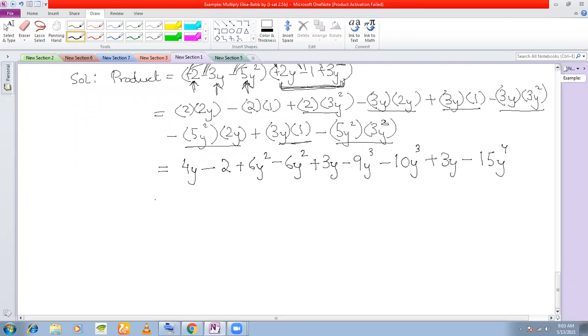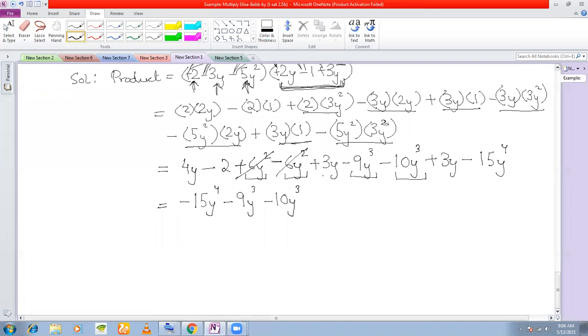Okay. So now what we do, we write the highest power of y first. Which is the highest power of y? It is 4. So minus 15y to the power of 4 we write first. Next, is there a power 3? Yes, there is a power 3. You have a power 3 here, but you also have a power 3 here, and these two are like terms. We will write them together. So minus 9y cube minus 10y cube. Next power is 2. So I have a power 2 here, I have a power 2 here, but I have a plus 6y square and I have a minus 6y square. They will cancel each other. We'll get a 0 here.